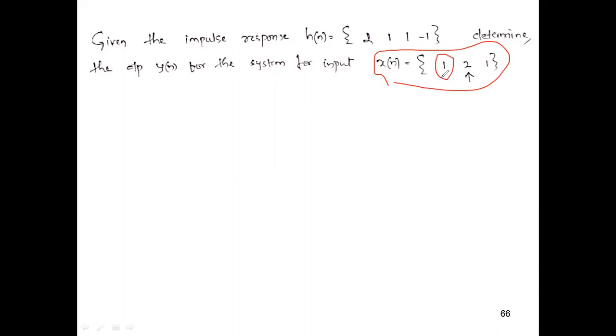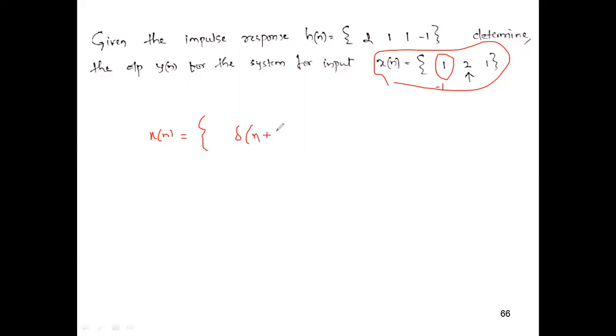Don't you think it also looks like an impulse, by the way? This 1 here is also an impulse, but where is it? It is there at location -1. So can I say that this x of n is a sum of terms? The first term is nothing but an impulse, but it is there at -1. So I would say this is delta n plus 1.